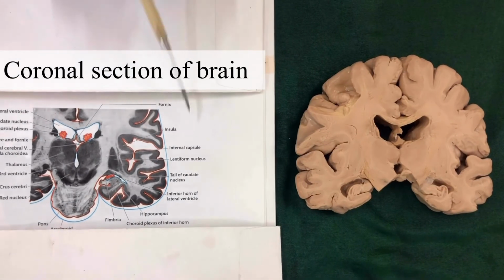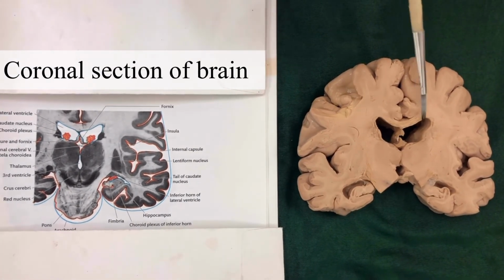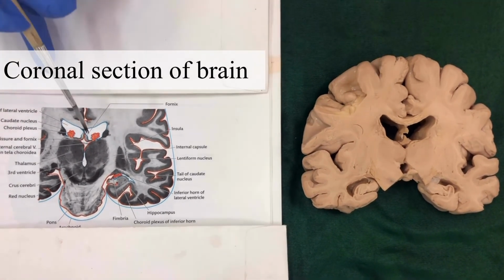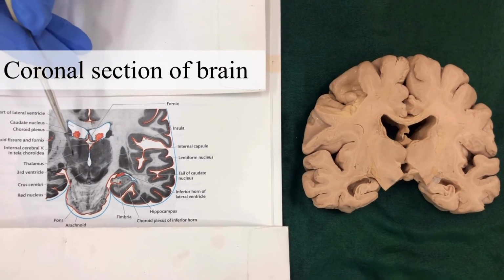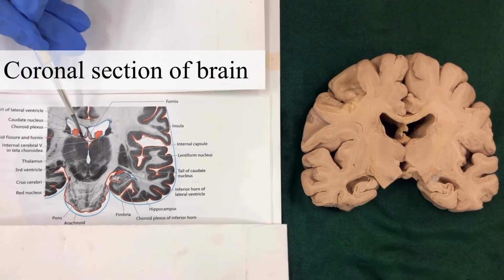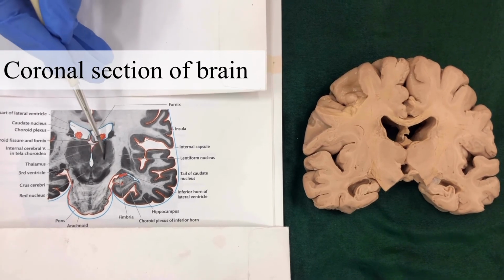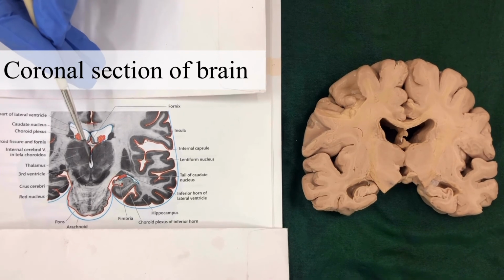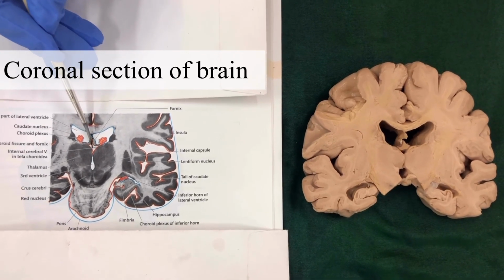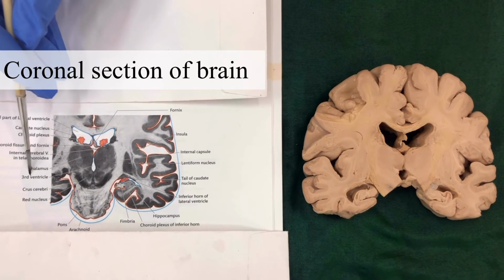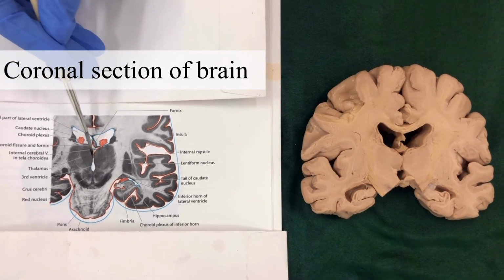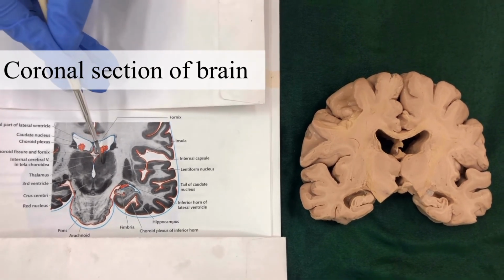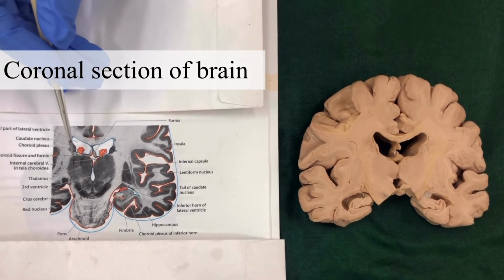This is the coronal section of the brain, and we have a specimen to exactly correlate with this coronal section. First we will understand it in the diagram. What you can see here is the thalamus of the two sides, and in between the two thalami you can see a slit like median cavity, which is the third ventricle. So, the third ventricle is a midline slit like cavity located between the two thalami and a part of the hypothalamus.